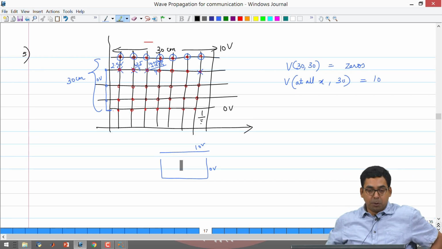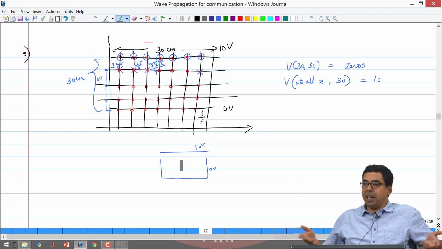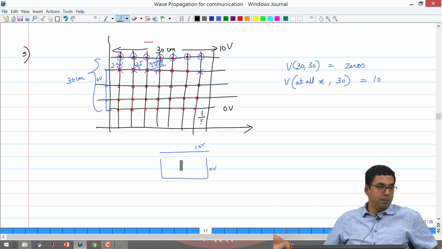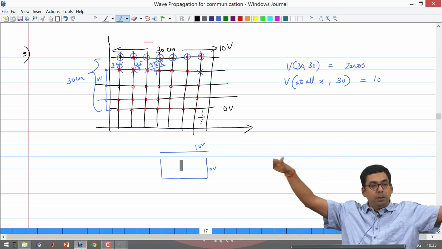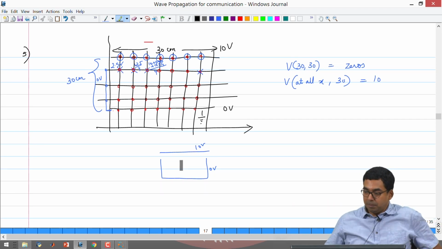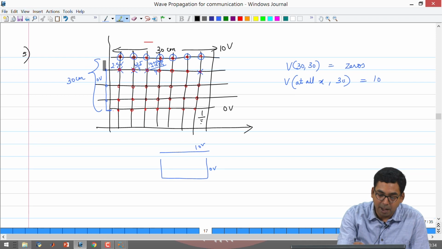What is it in our program that makes the field go to the sides? It is because we have assumed any unknown value of the voltage on the left and right hand side to be 0 volts. We have intentionally grounded it. So, when you have 0 volts intentionally placed, your field will try to get terminated on those plates. So, if we relook at our algorithm, the part we need to fix are the left and the right hand side boundaries. Okay. So, we need to look at these boundary conditions.